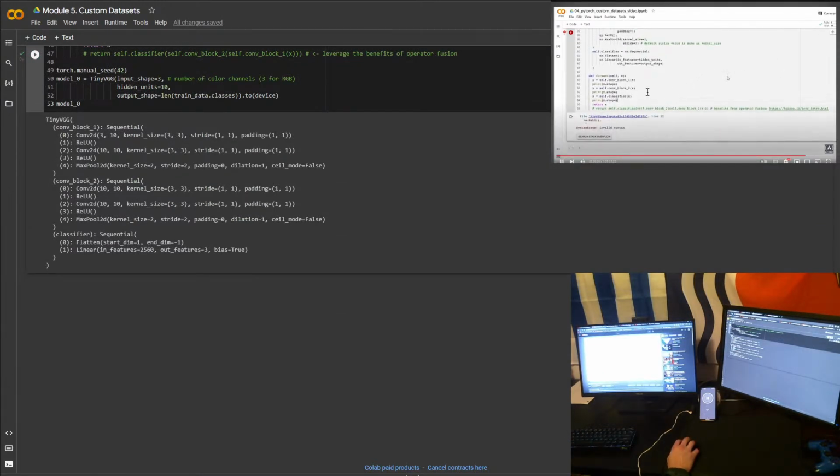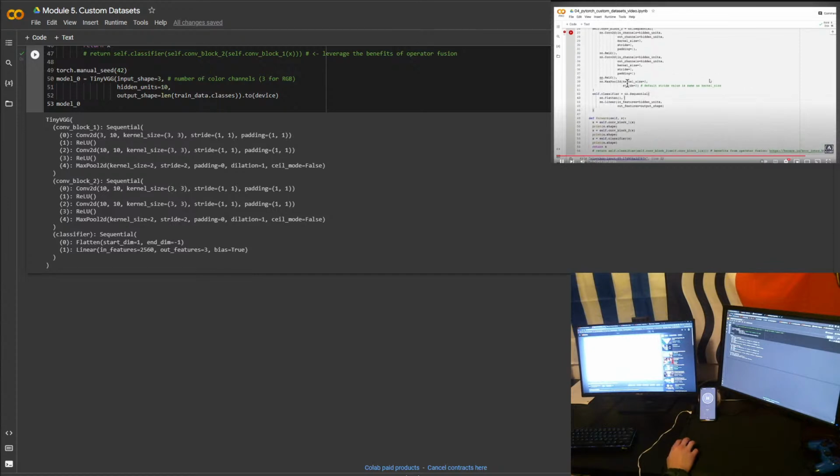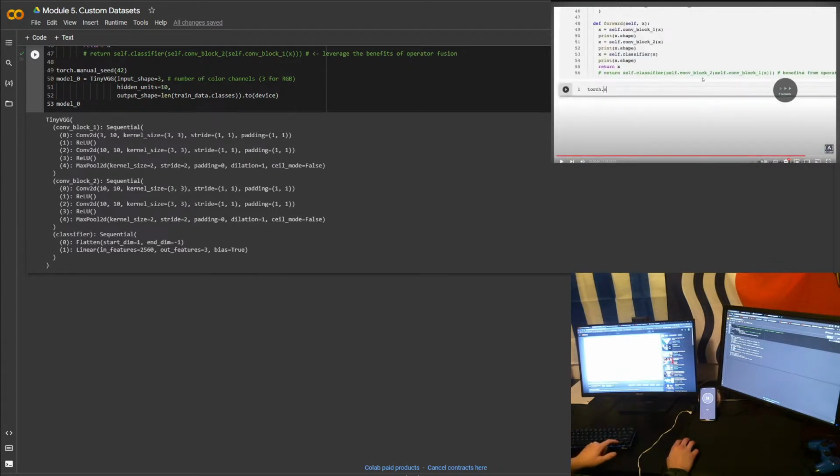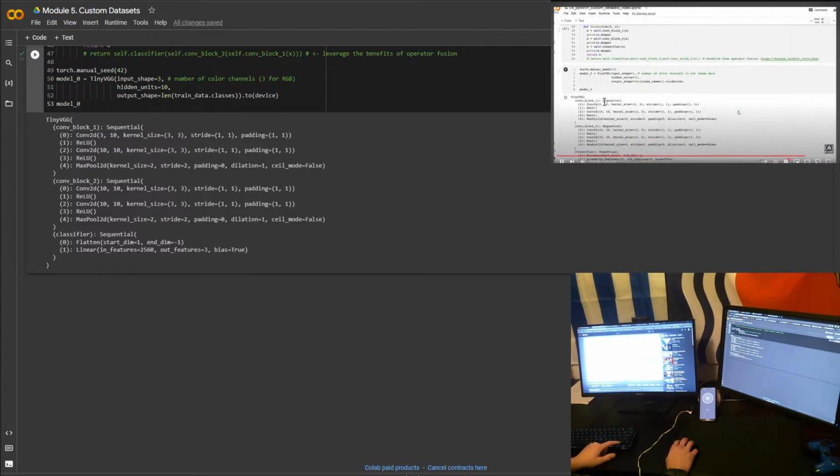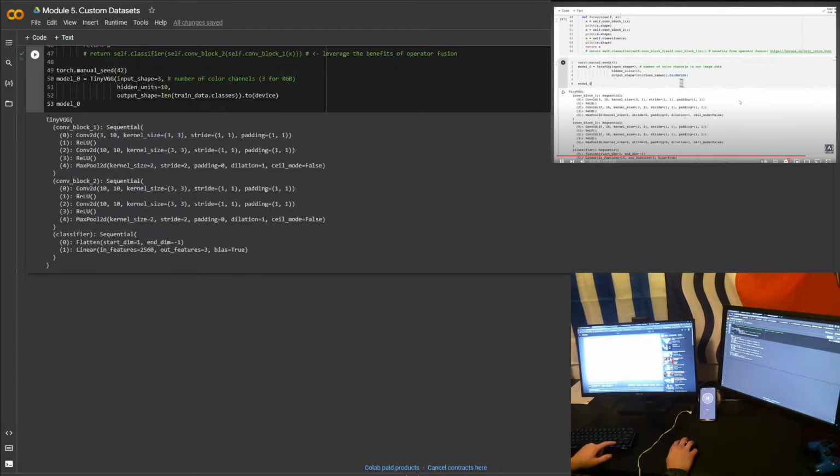Now, we've got a model. Oh, where did we forget a comma? Right here, of course. Or an instance of the TinyVGG to see out 64, the lengths, which is of course CUDA. Beautiful. So that took a few seconds, as you saw there, to move to the GPU memory. So that's just something to keep in mind